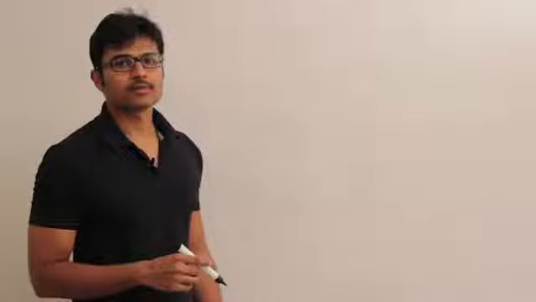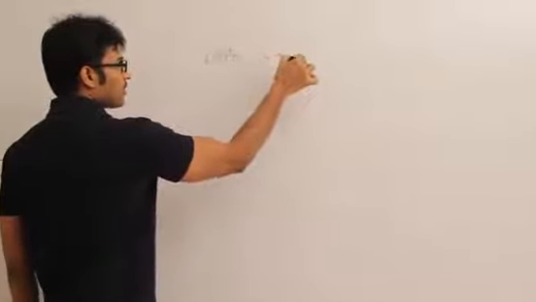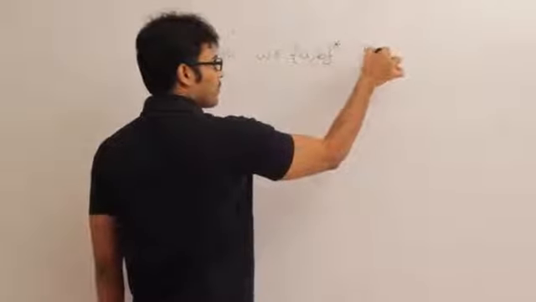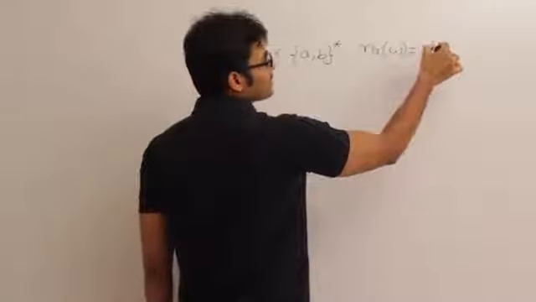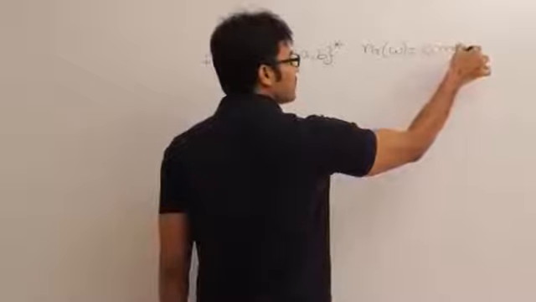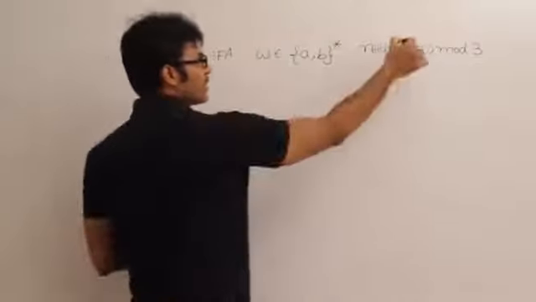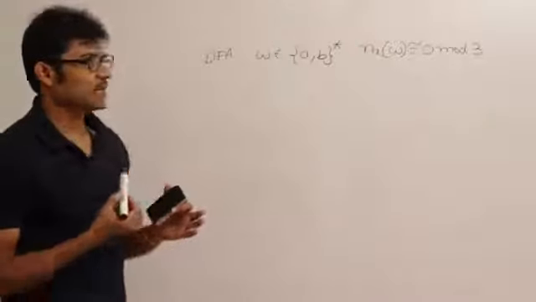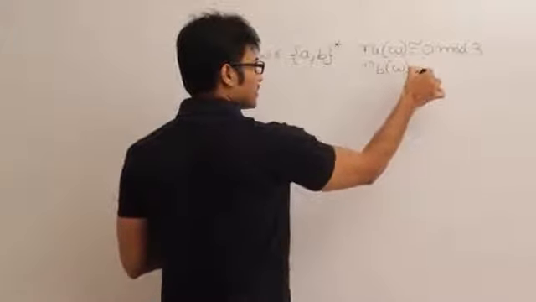Now we shall extend the previous problem a bit more. Let us say I want to construct a DFA which accepts the set of all strings over a, b in which the number of a's is divisible by 3, which means if I take the number of a's in a word and divide it by 3, then the remainder should be 0. It is nothing but the number of a's in the string is divisible by 3 and the number of b's is divisible